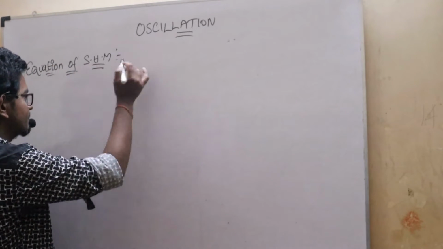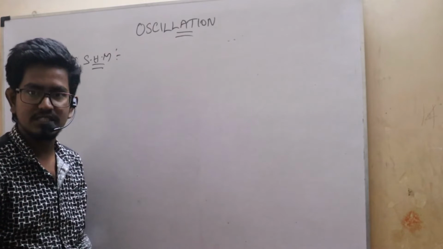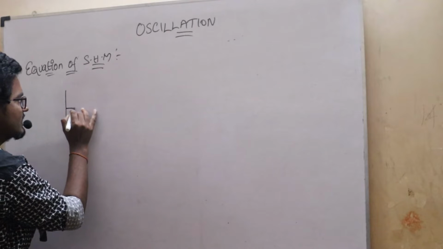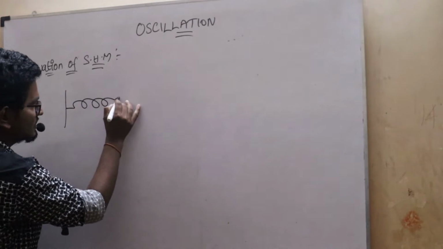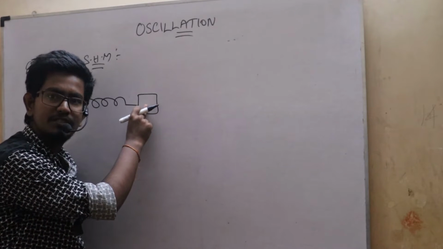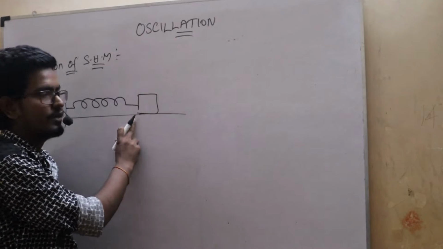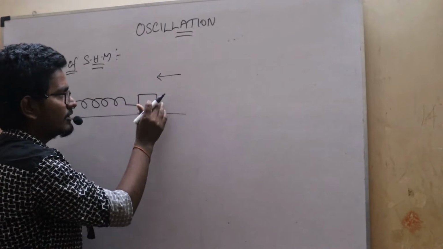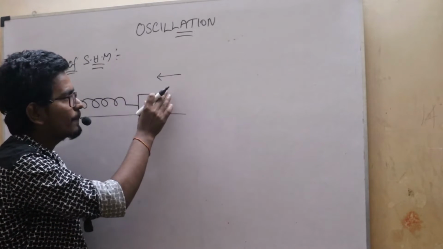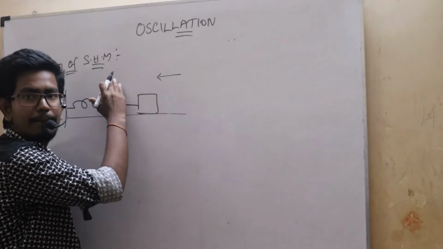In a previous lecture we discussed the example of the spring and block system. You can see here once again that one end of the spring is fixed and the other end is free, and at the other end a block of mass m is fixed with the spring, and it is a smooth surface. Whenever I apply a force in order to compress the spring, I am going to press this block in this direction to compress the spring.